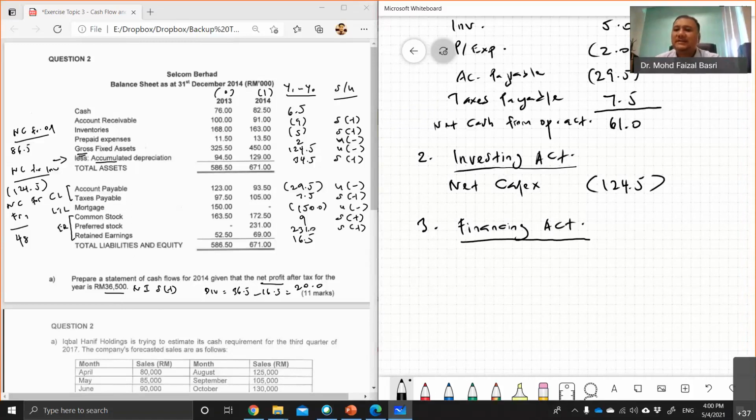Right, so for financing activities, like I said, refer back to your current assets and current liabilities for marketable securities or notes payable, if any. But in this question, both do not exist, meaning there's no marketable securities in your current assets and no notes payable in current liabilities. So we don't have any items from current assets or current liabilities, but we have long-term liabilities, which is from mortgage. So we're going to record mortgage first. So mortgage, we have 150,000, or 150,